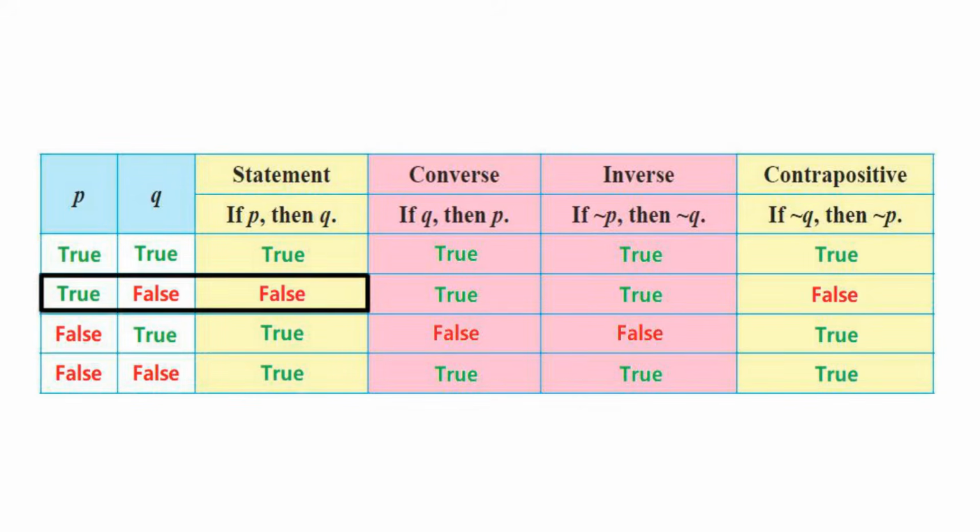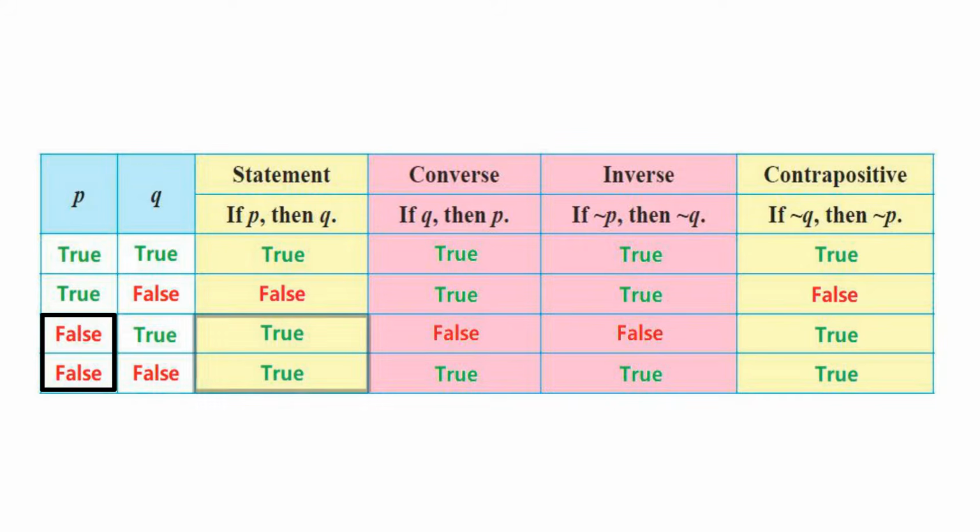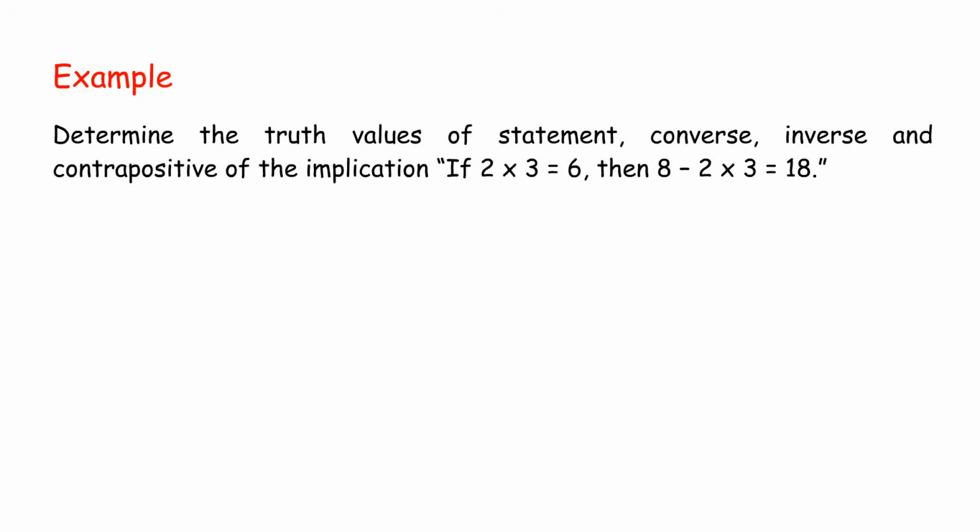The truth value of an implication if P, then Q is always true, except when P is true and Q is false at the same time. If an antecedent is false, then the implication if P, then Q is always true, without depending on the truth value of the consequent. Example: determine the truth values of statement,